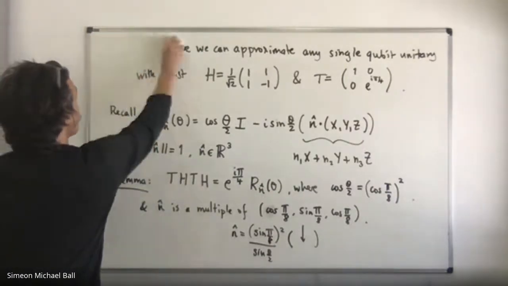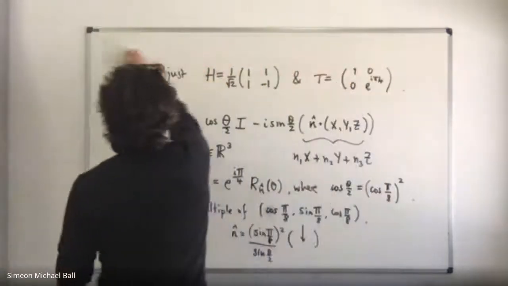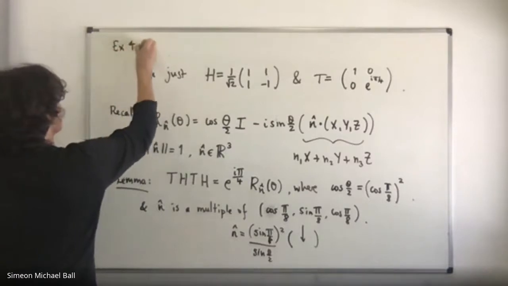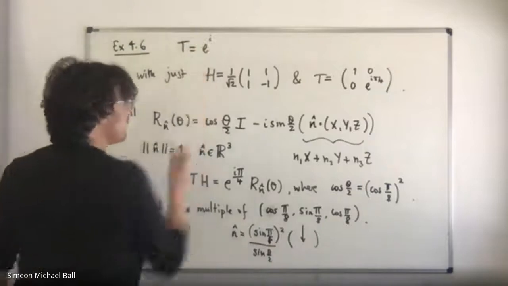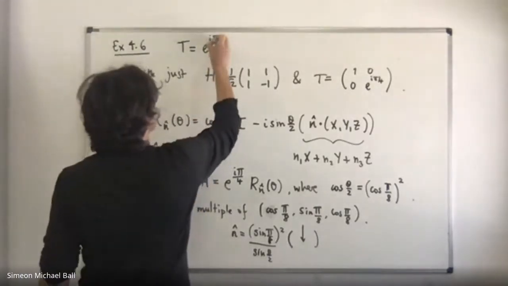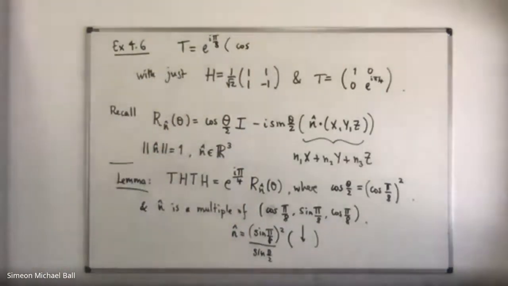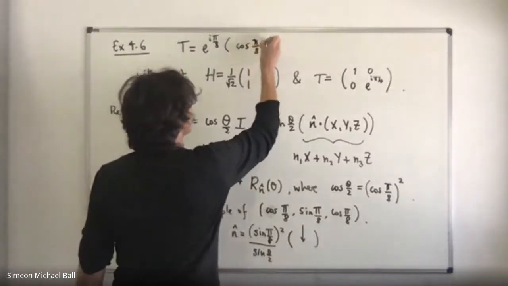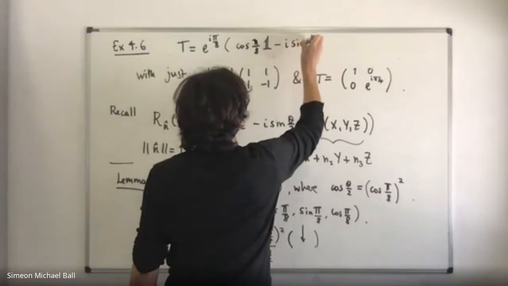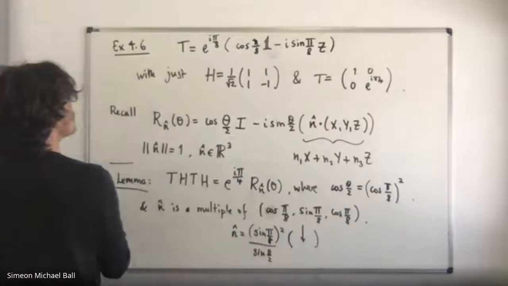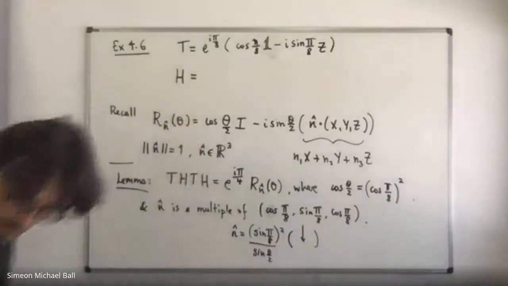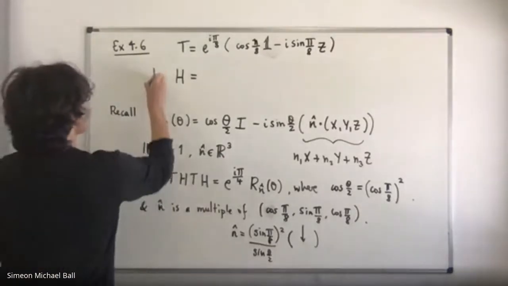Okay, so most of this I'm not going to do because it's exercise 4.6. In exercise 4.6, we'll show that T is e to the i pi divided by 8. I mean, you can almost see it. Cosine. And then the rotation around the z-axis. What is now our proper identity? And the H is also a rotation around the x-axis. So HTH is